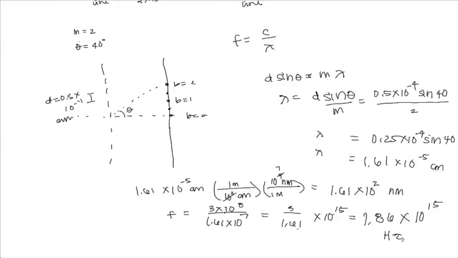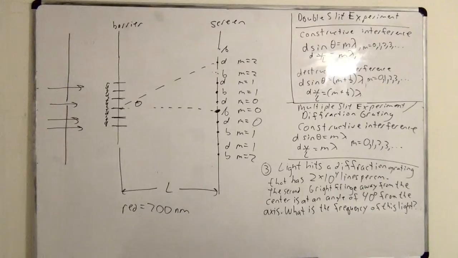By the way, what's the realistic range of light, 400 to 700 nanometers, and what are the realistic frequencies? Visible light, it's worth maybe putting in your cheat sheet, is in the 10 to the 14th. What are the units on this? Hertz. So visible light is in the range of 10 to the 14 hertz. That's a good way to check yourself. This actually came out a little bit away from 10 to the 14th because again it's not quite visible. But this is a good way to check your answer. If your frequency of light comes out to be 10 to the 20th, or if it comes out to be like 15, you've pretty surely made a mistake. It should be somewhere in the 10 to the 14th range.